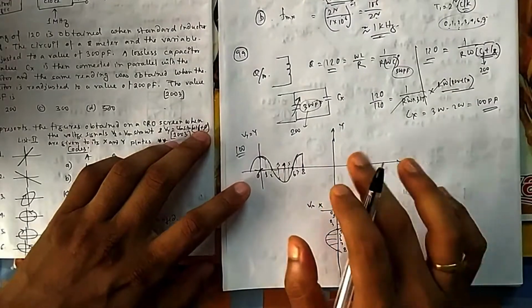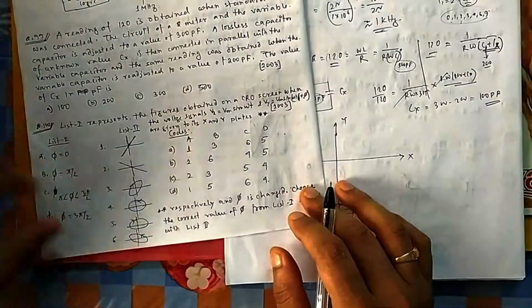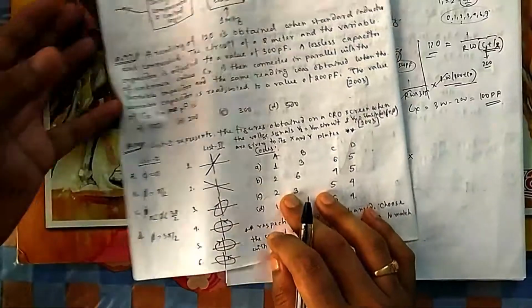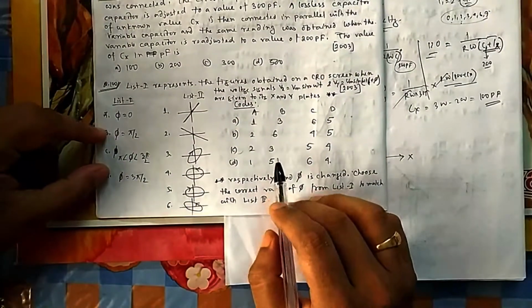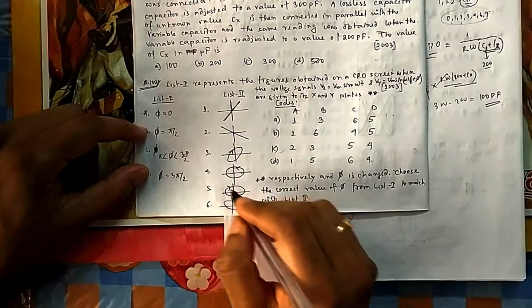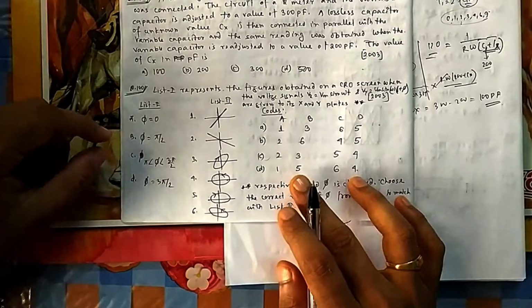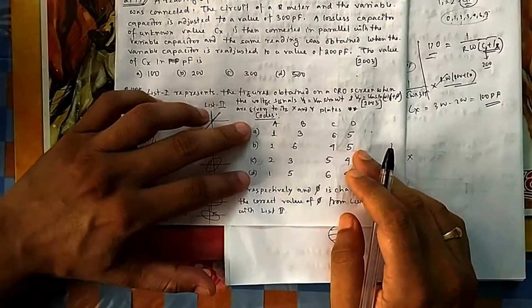It is not required, I am just showing how it is coming, because you know it is 90 degree, it will be a circle in some of the books. So you can directly answer it without doing this. Once you know it is a circle, your B and D both should give you circles. Actually these two are circles, this one and this one. So it should be 4 and 5, B and D. It should be either 5, 4 or 4, 5. You don't know which one, because A and D you are confused with.